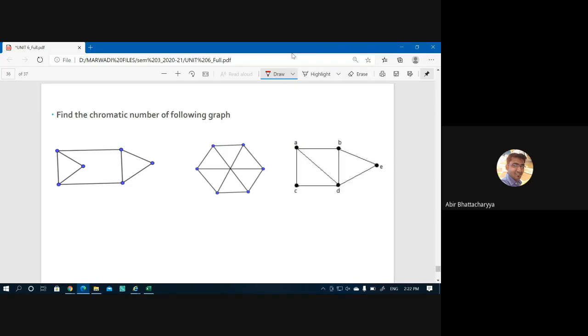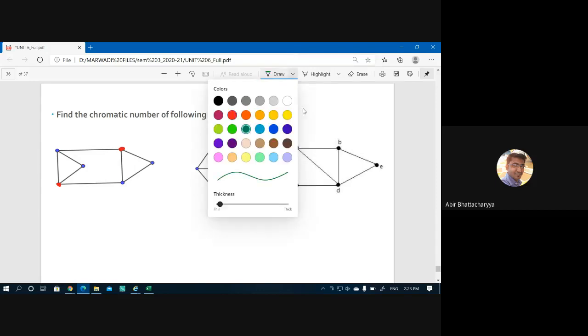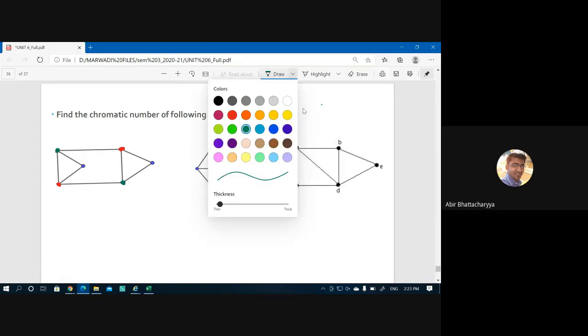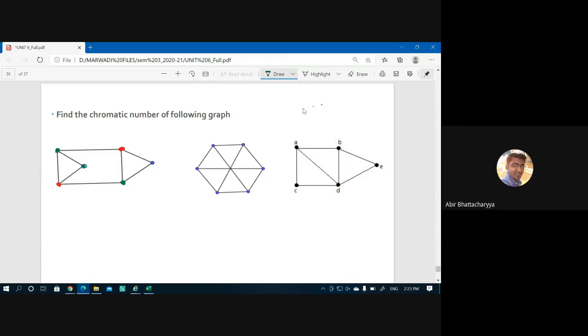Find the chromatic numbers of these following graphs. If I want to find this, if I put a red color over here, I cannot put red over here, or here. So obviously another color will be needed, because to find the chromatic number we have to deal with vertex coloring. Another color I can put here is green. If I put green over here, obviously I can put green over here as well. And obviously I have to bring in another color, that is yellow. If I put yellow over here, this one should be yellow. So the chromatic number of this graph is 3. You can find a chromatic number like this.